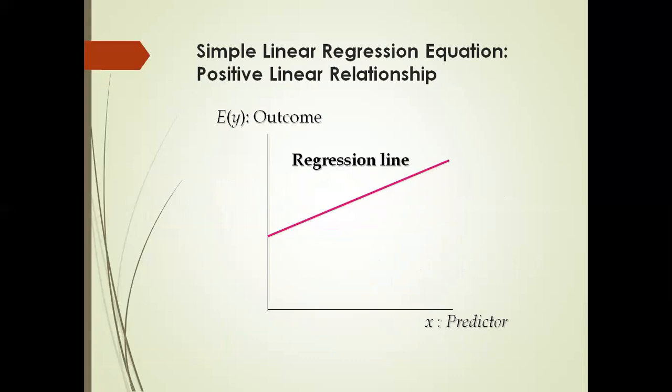Next is the simple linear regression equation. Just look at the diagram. This shows a positive linear relationship. Why is it positive linear? We have two variables, x is the predictor and y is the outcome. In the equation we have gone through, b0 and b1 are constants. b0 is the intercept constant and b1 is the slope, which is positive here, starting from the origin. That is why it is going like this. It means that the value of y increases proportionally to the value of x. Understood? This is a positive linear relationship.